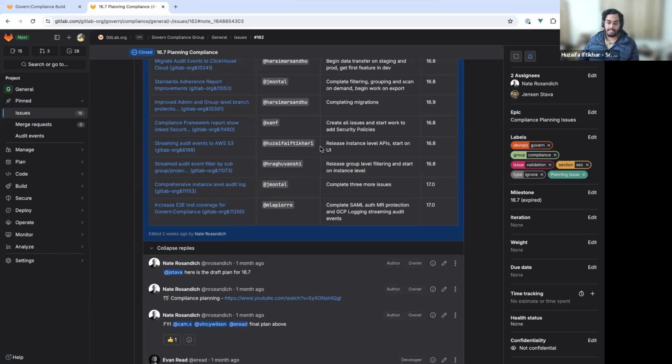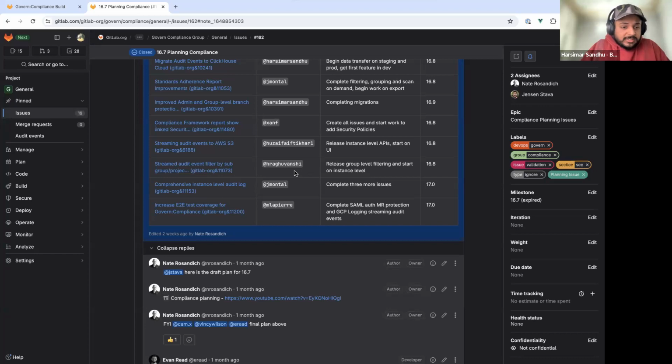I had a discussion with Hitesh this morning where we are planning to actually consolidate all the filtering and the way we add third-party integrations, to make it a bit simpler. So if we move forward with that, I'll instead start working on consolidating that, and then we can use that to create filters for AWS S3 and the other streaming destinations that we have right now, the third-party integrations. Okay.